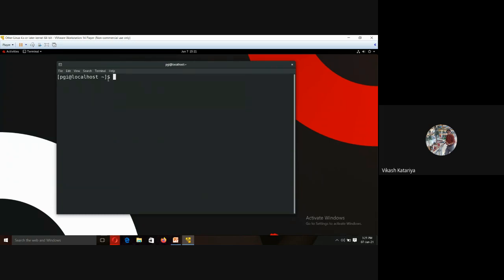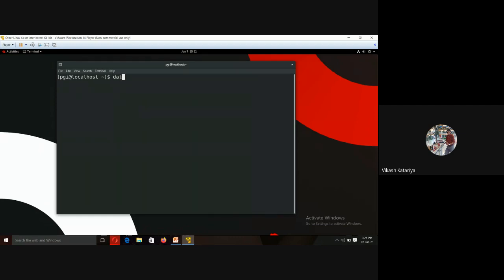The dollar symbol indicates the Bourne shell. It is like a command interpreter. It will take input as a command and display the output of your command here. So that is the purpose of the command interpreter. In Linux we call it the shell, and the dollar prompt is the Bourne shell. So we are actually working with the Bourne shell.